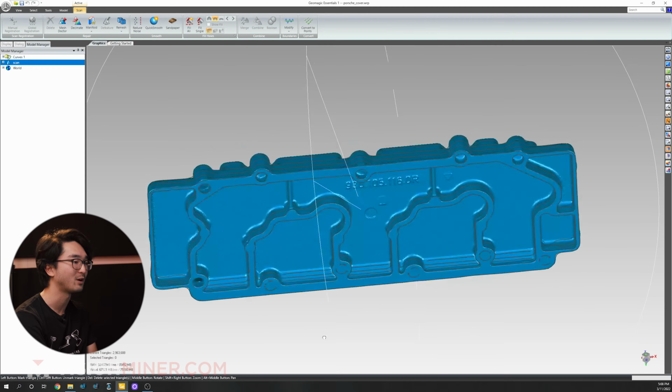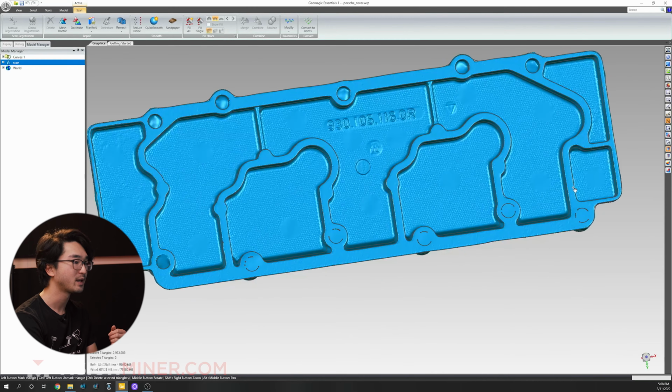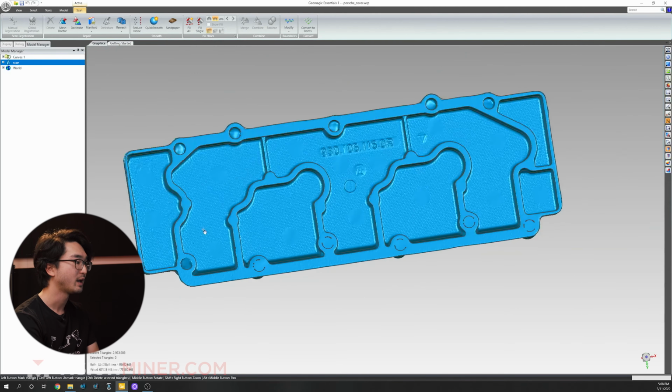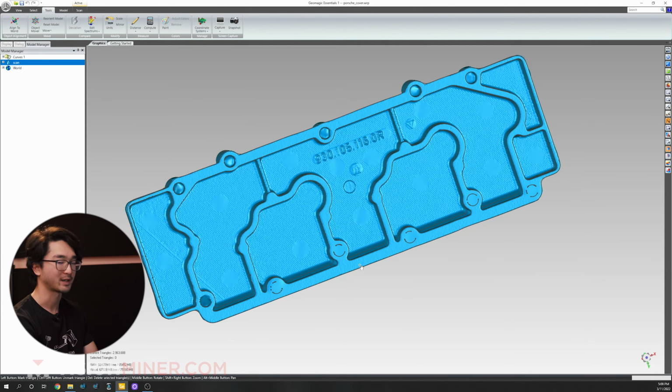So on the screen, you can see right now, I have this completely watertight solid model. And I went in and kind of defeatured all the holes here because I already extracted the circles and their center points. And I want to keep doing this for the rest of the model. But right now, I'm just going to jump into the NURBS surface tool, which is going to create a surface model, which when I bring into a CAD program, I can take these circles and draw a sketch on them and extrude onto this model so that I don't have to recreate the entire part, but I just need to recreate the holes